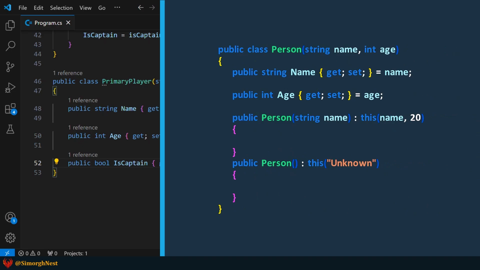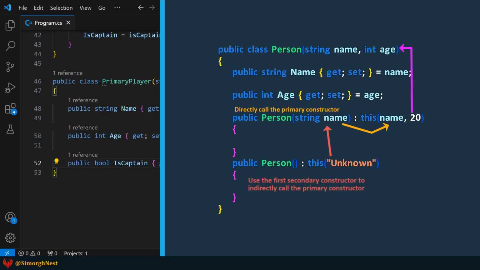Alright, there is another important thing to know when using a primary constructor. If we add a secondary constructor to a class, it needs to directly or indirectly call the primary constructor. This ensures the primary constructor runs and initializes all the fields whenever a new object is created from any constructor.